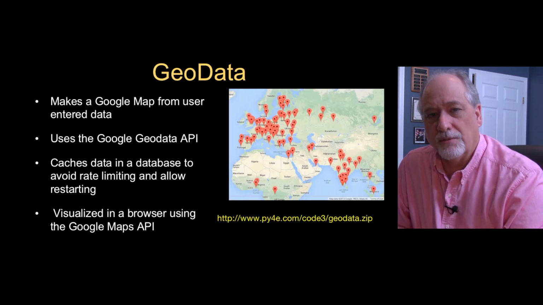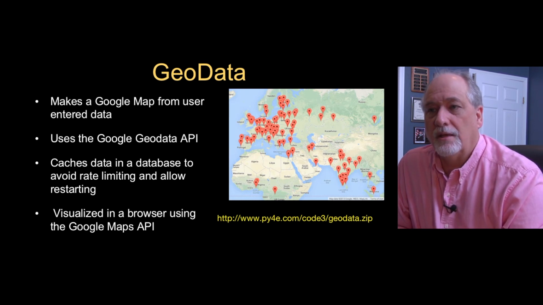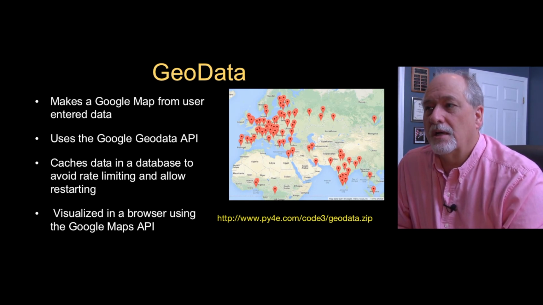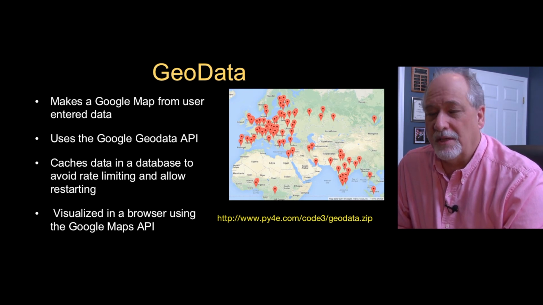So the first thing that we're going to do is use Google's JSON API for geocoding. And there are two versions of this. One version requires a key and one version doesn't require a key. Google used to make all this data available for free, but with just a rate limit, but now they're increasingly requiring a key.